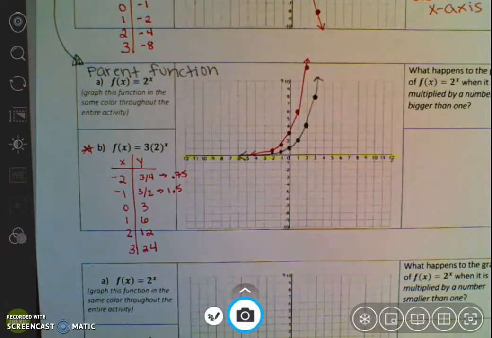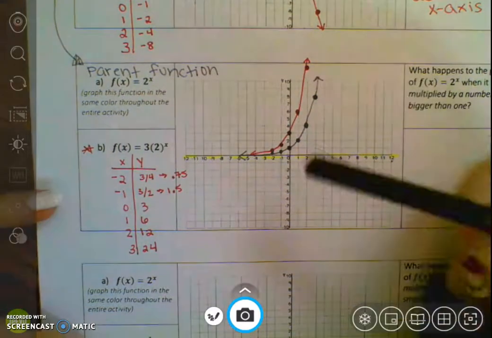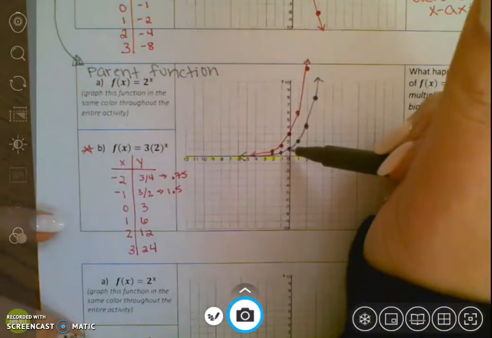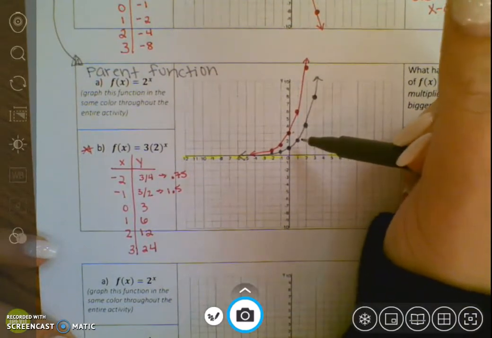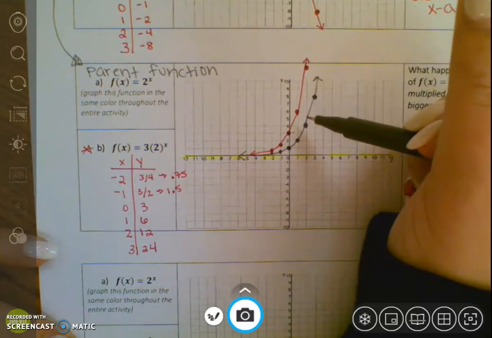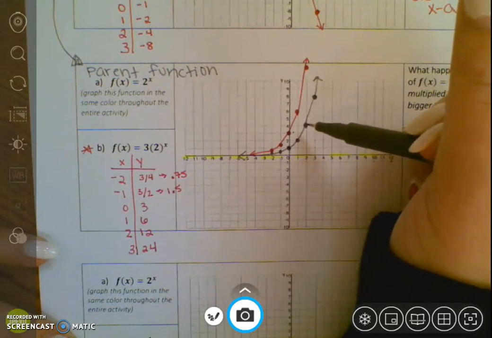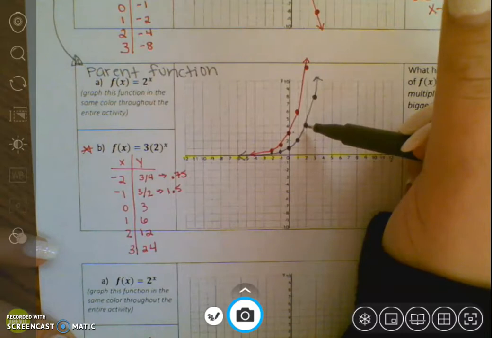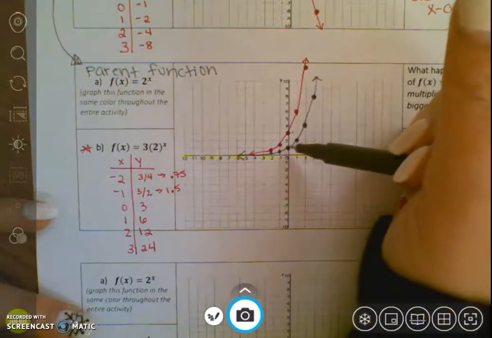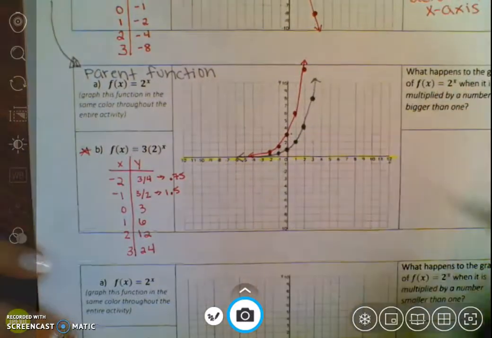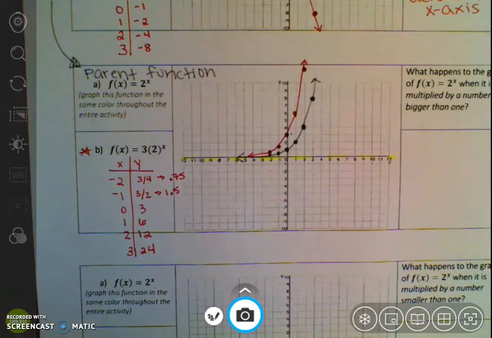So looking at the gray one, which is like the bottom one, versus the red one, if we compare points, so if we look right here, so 0 was 1, now 0 is 3. This was a 2, now it's a 6. This was a 4, now it's a 12. So every time each point is going up vertically, and so we call that a vertical stretch when the number